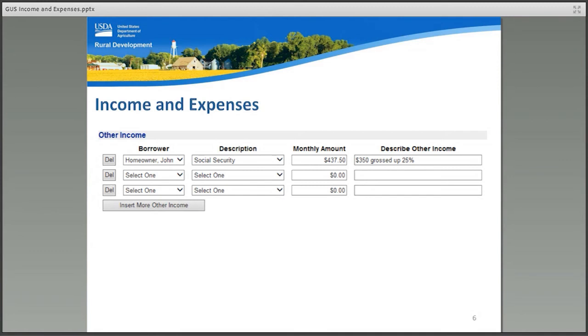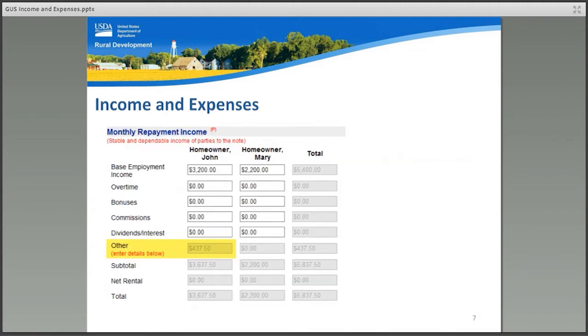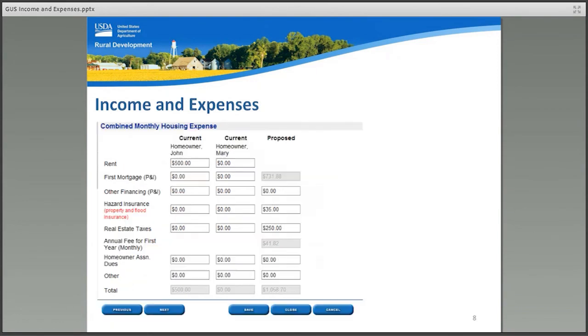Therefore, the note entered alerts anyone reviewing this file that the original amount received is $350, but the amount entered has been grossed up by 25%. It only takes a few moments to document a loan file and avoid potential questions. When other income has been entered, again, it will appear in the Other data field with the monthly repayment income.